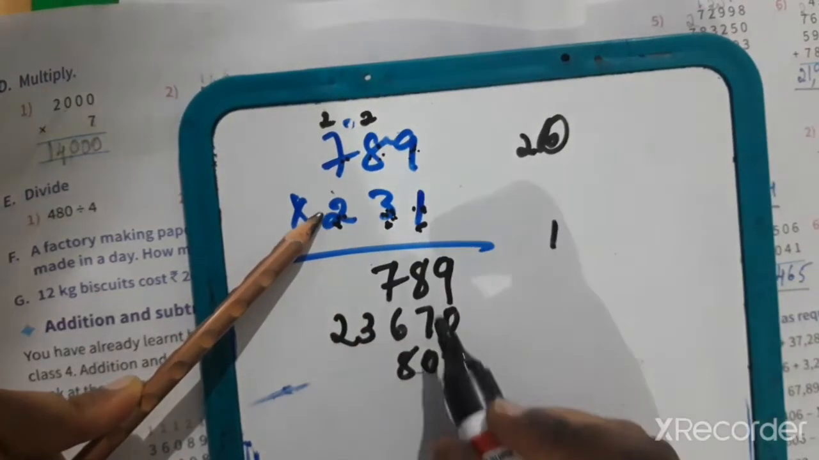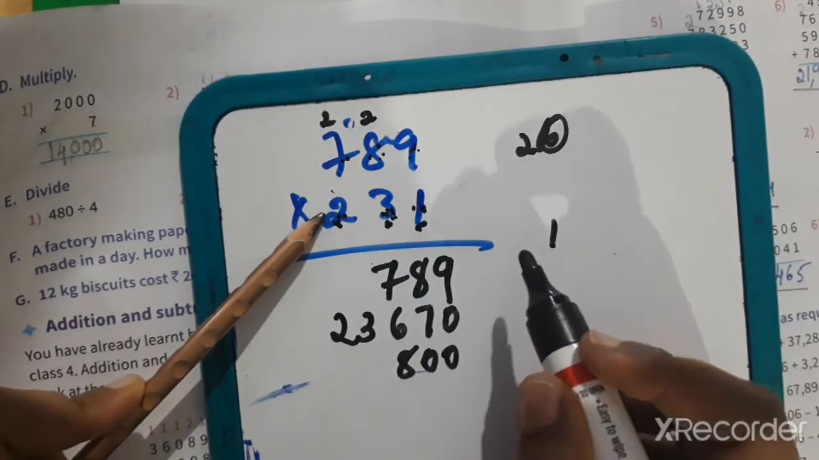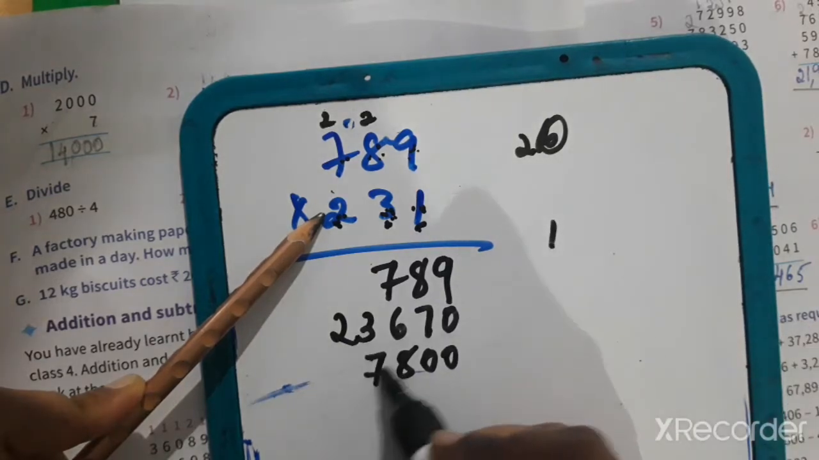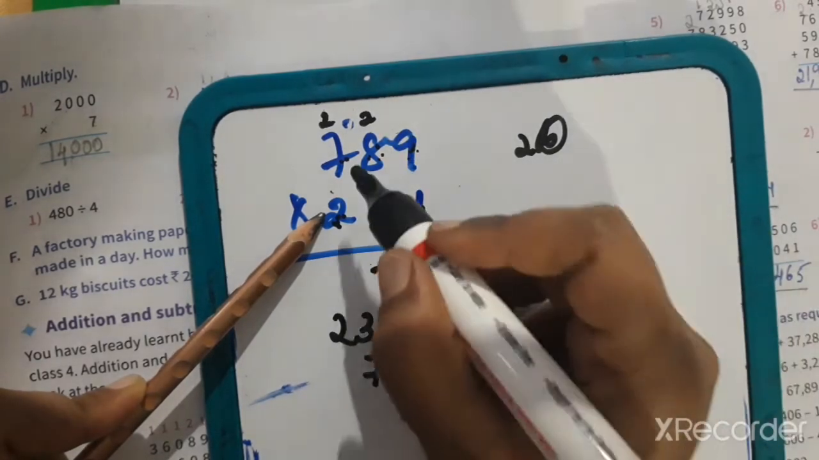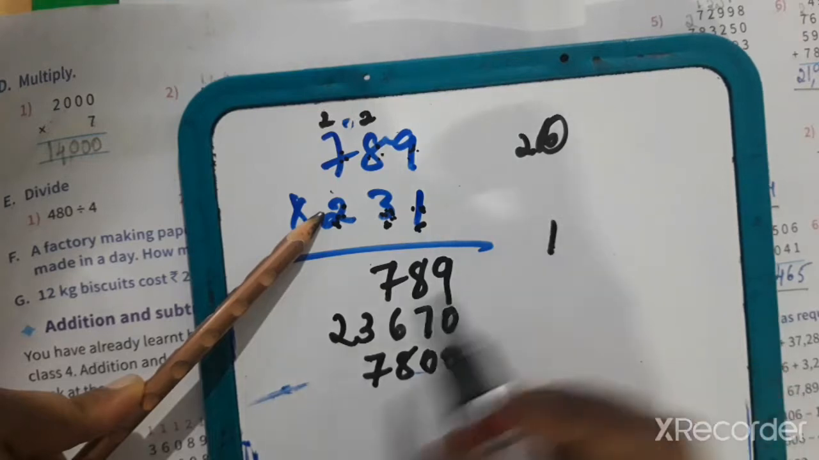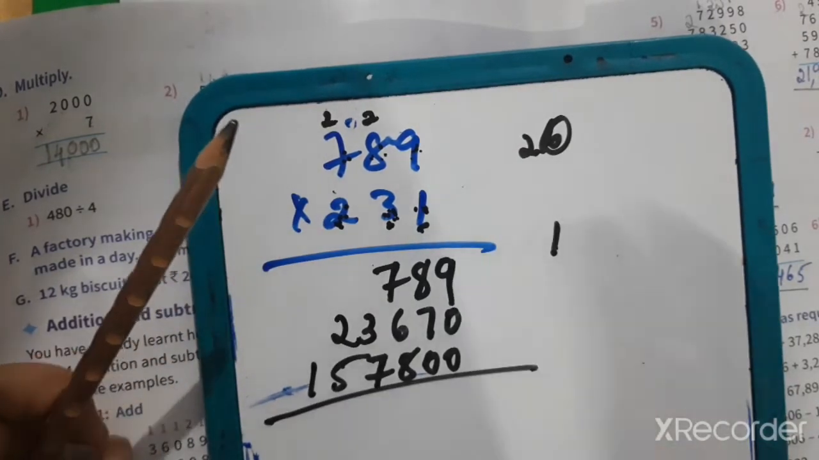2 8s are 16, 16 plus 1 is 17, so 7 here, again 1 carry to the next place. 2 7s are 14, 14 plus 1 is 15. Answer is,